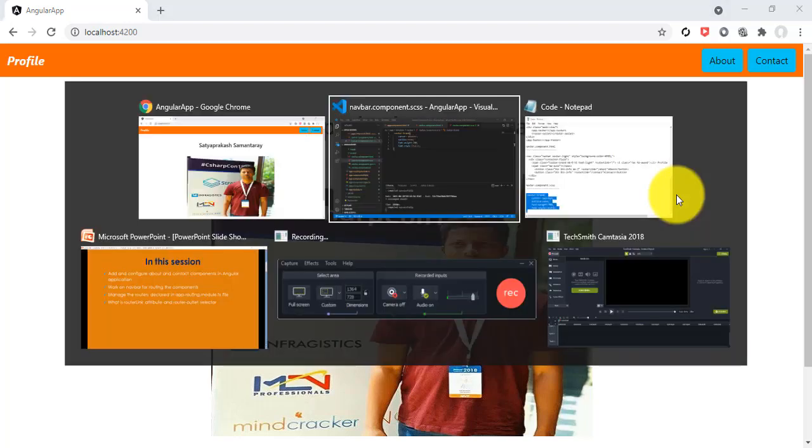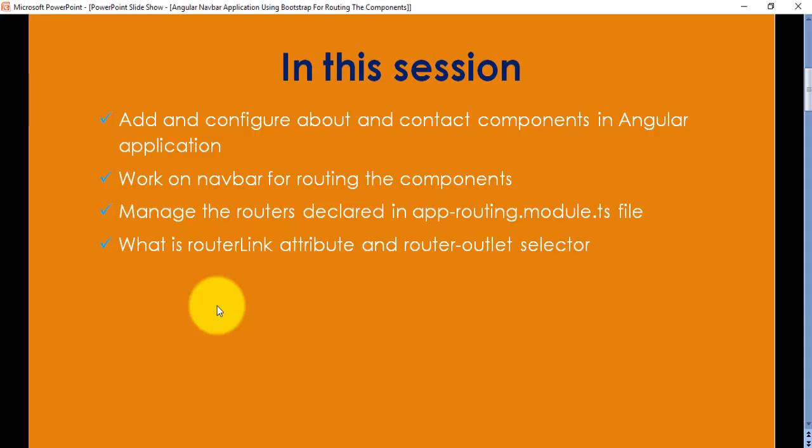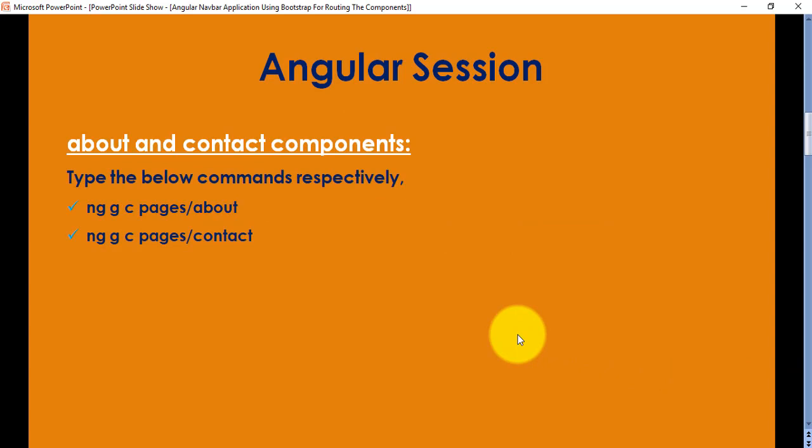Now I'll go to my presentation here. For the about and contact components, I need some commands. To generate about, ng g c pages/about, and to generate contact, ng g c pages/contact. These commands are required.